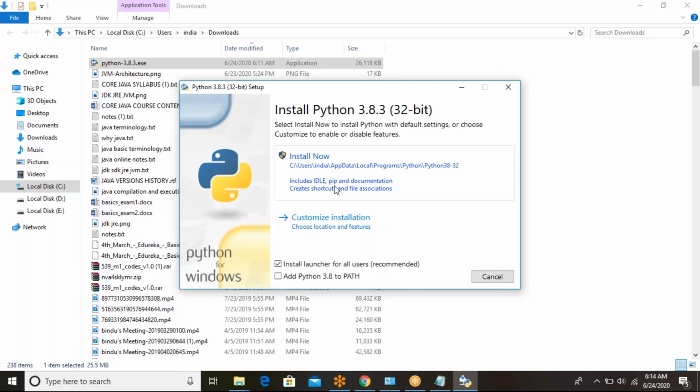So Python installation of packages, that is the word known as pip, P-I-P, Python installation of packages. Whichever package you want to install, you use pip install numpy, pip install xlrd, pip install pandas, pip install matplotlib. Like that you will type in the prompt.